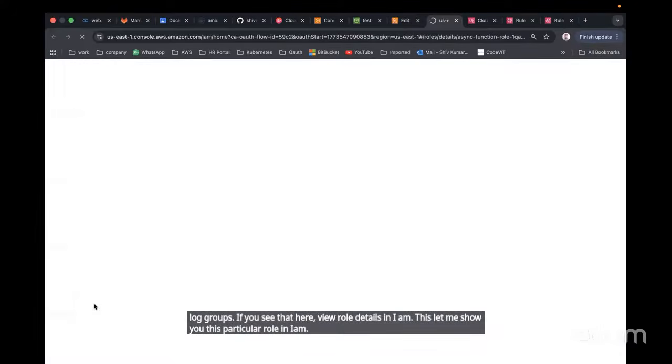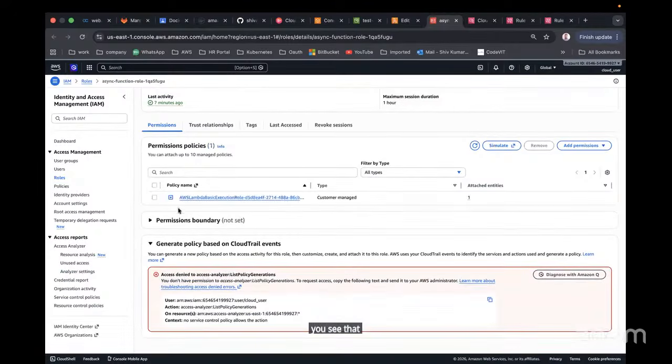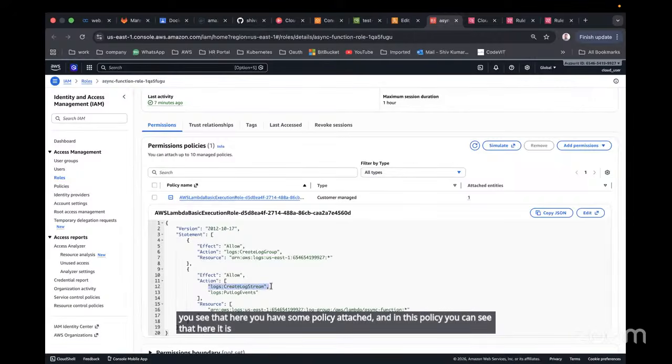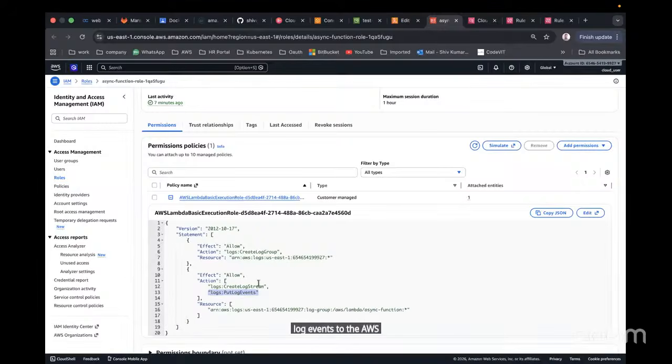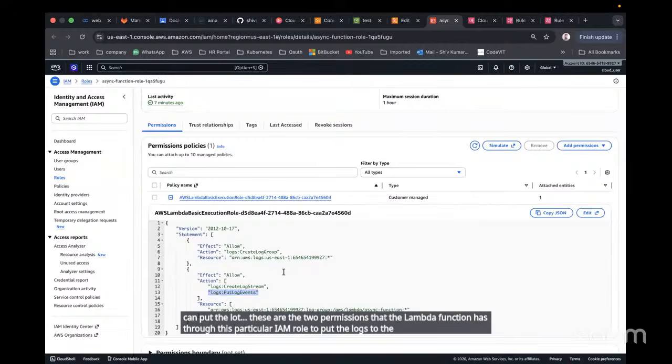Click on that. You see that here you have some policy attached, and in this policy you can see that it is create CloudWatch log stream. That means the Lambda function is going to be allowed to create a CloudWatch log stream, and it is allowed to put log events to the AWS CloudWatch. Okay, that's what you need to understand. These are the two permissions that the Lambda function has through this particular IAM role to put the logs to the CloudWatch